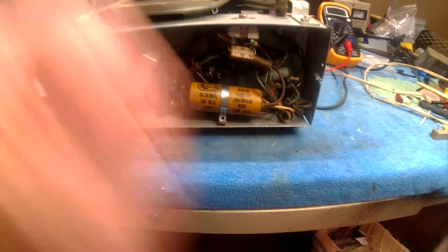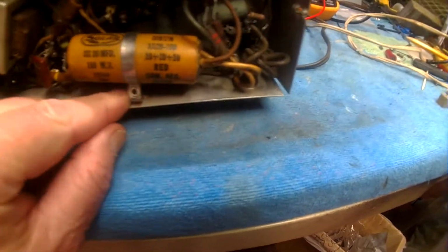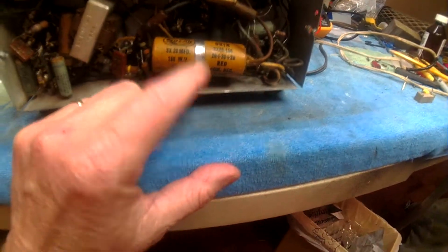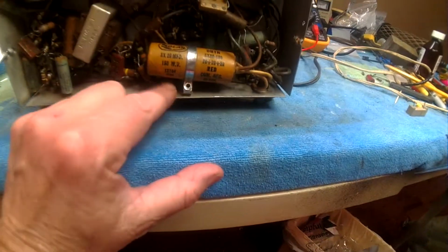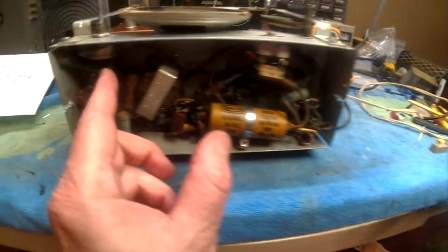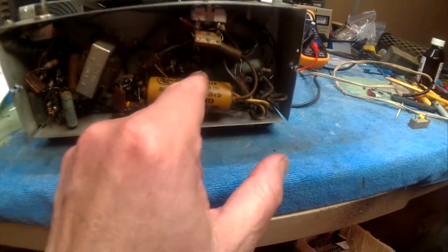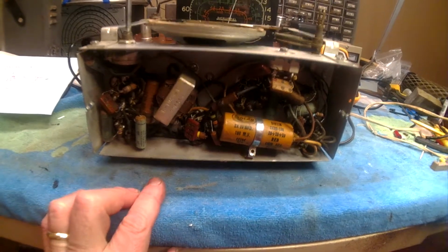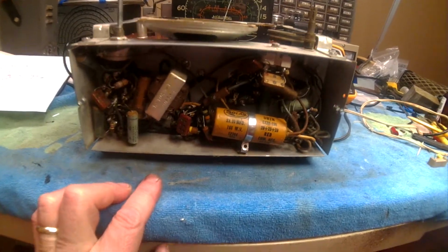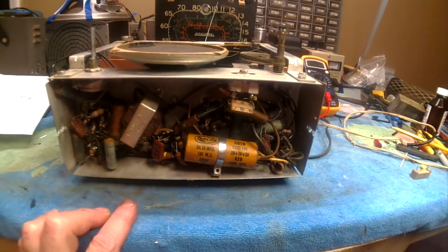I've put in a resistor that had been burned out. I've been checking these capacitors, these filter capacitors. There are three in here. It's pop-riveted in, and all the solder joints in here don't look tampered with. Some of the capacitors are deep in there. I believe these are the original capacitors. I've checked some of them, and two, three, four, five of them have been within tolerance, but that doesn't mean they're not leaking or what have you. So, and don't try this at home,